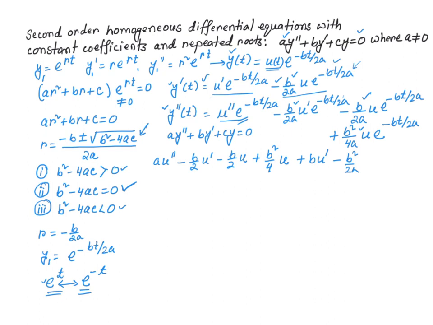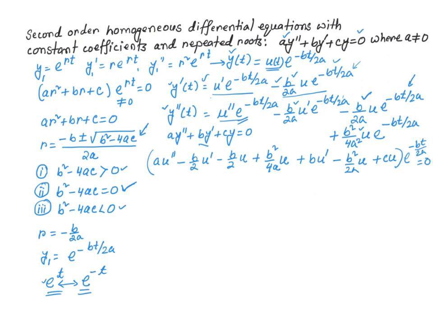It's going to be plus b times u prime minus b square over 2a. And I made a mistake. I just realized this should be 4a square. This should be 4a because you already have a b over 2a, then you'll have another b over 2a coming in from the derivative, right? So that's going to give you b square over 4a square. So b square over 2a u, then that's b times y prime. Next, c times y, plus c times y is just c times u, and the whole thing multiplied by e to the power negative bt over 2a,